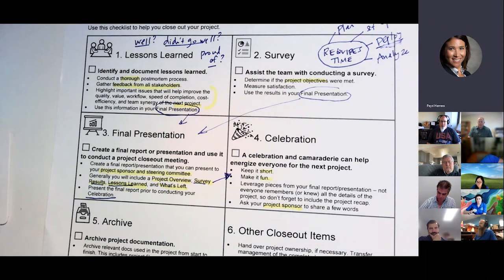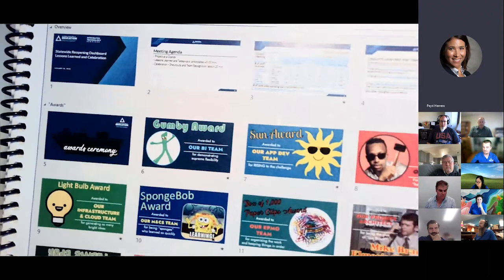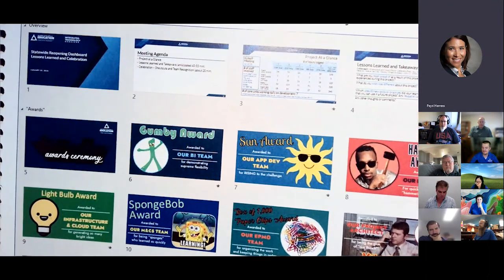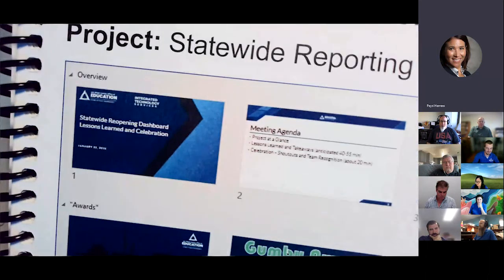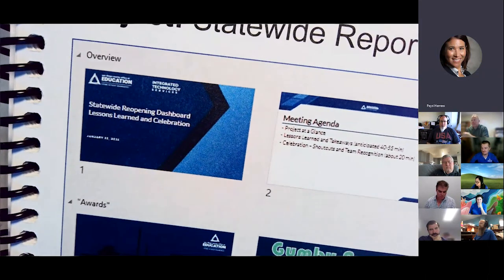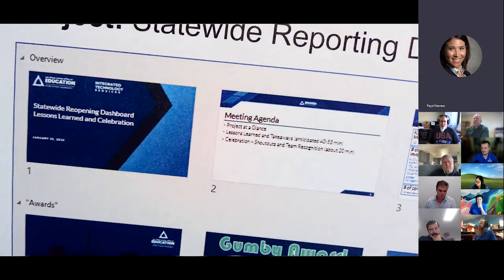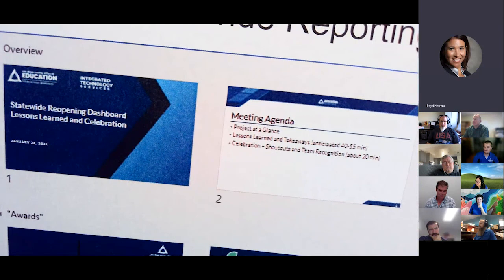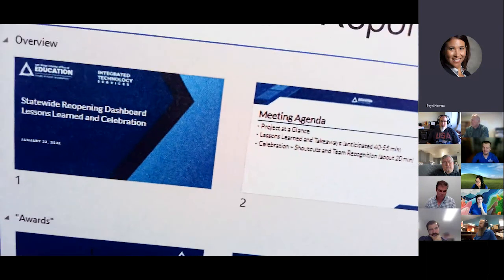This one, I know some of us have smaller teams at our organizations, but this one was a project we had that had lots of different teams on it. We were trying to develop a new dashboard, right? We're gonna create this whole big dashboard. And so we got everyone together and basically we did on this one, this is a weird project, but we did a lessons learned at the same time. And then we did a celebration mixed in.